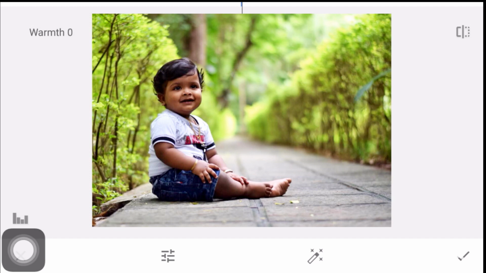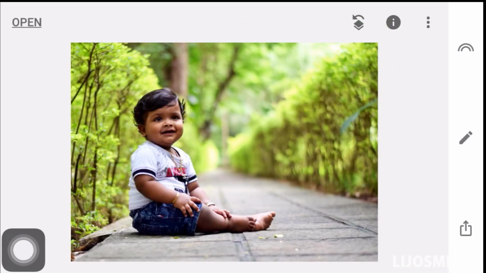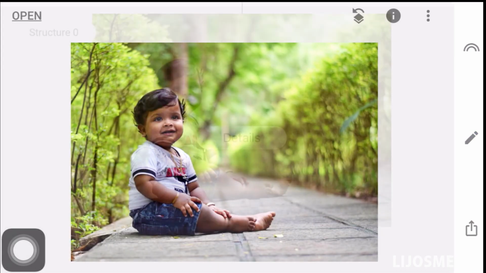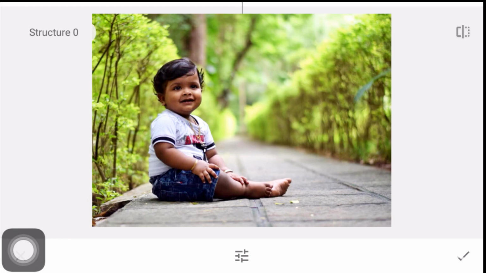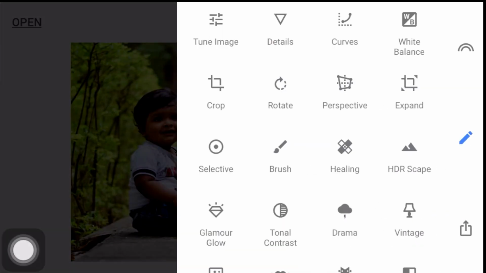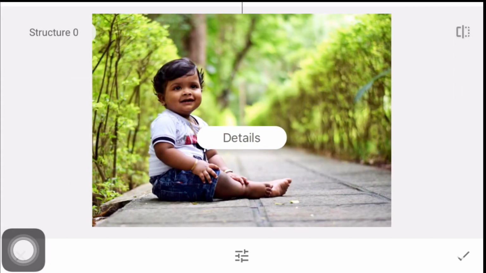Now I have done the basic corrections for this photograph. Now I am going to increase the sharpness slightly. For that you can see I go to the details page.